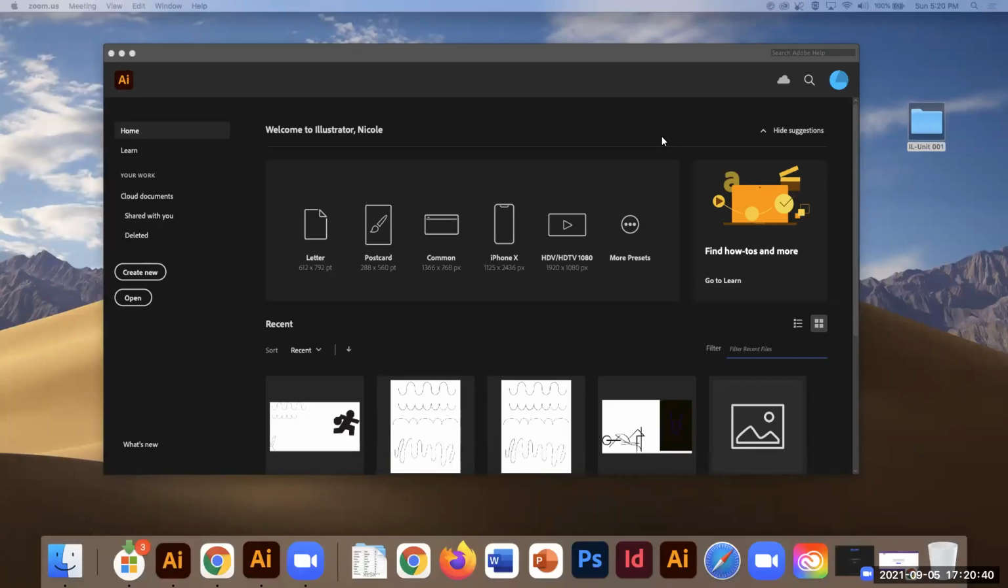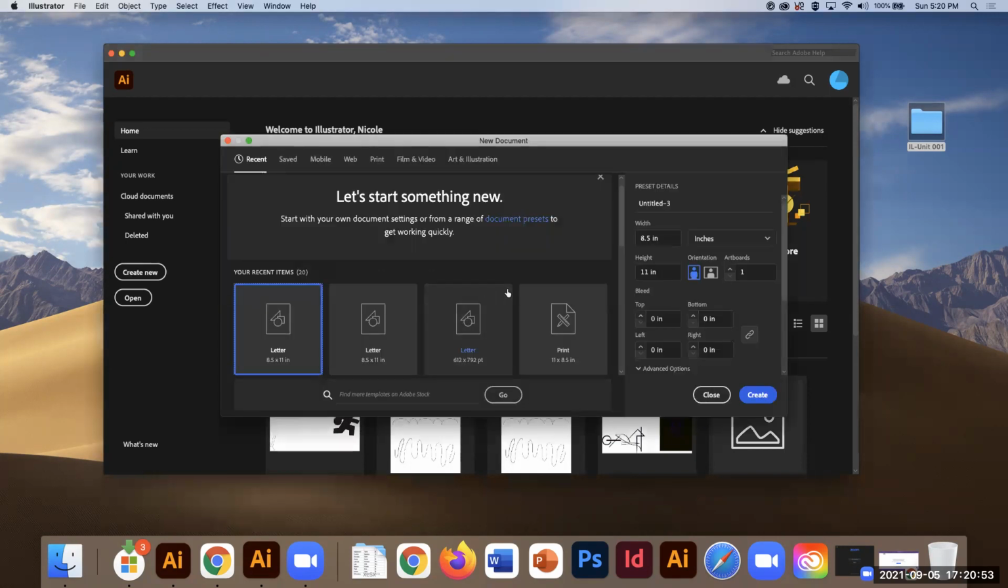This is the tutorial for the Pen tool. So I already have a folder here where I've downloaded all of the assignments into one folder so they're easy to access. To start, we're going to create a new workspace. The first thing we're going to do is select letter, make sure it's 8.5 by 11 inches,